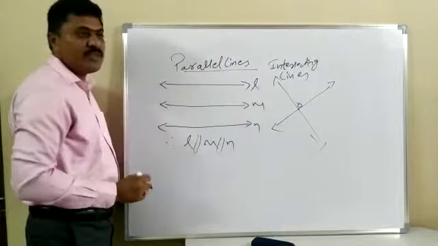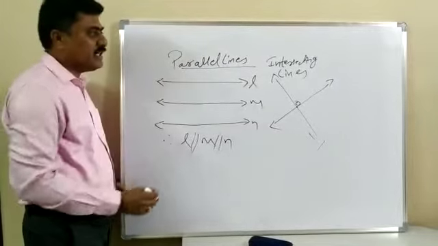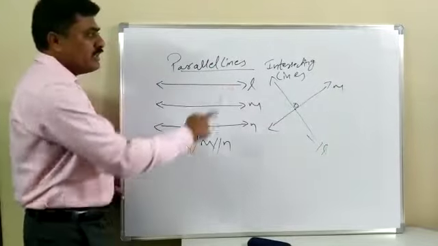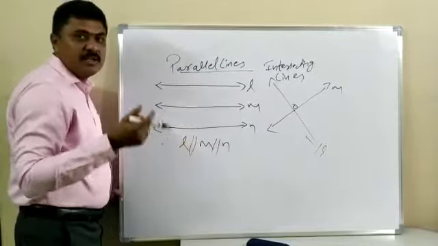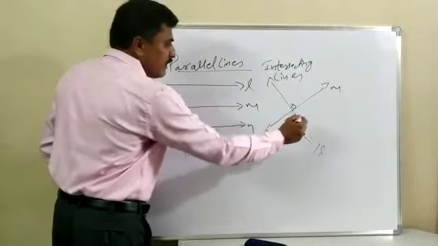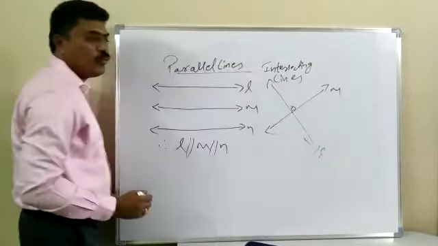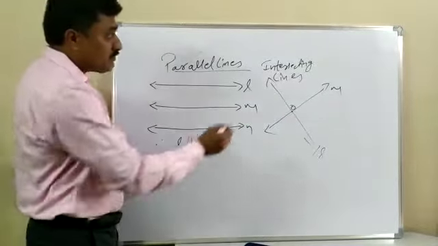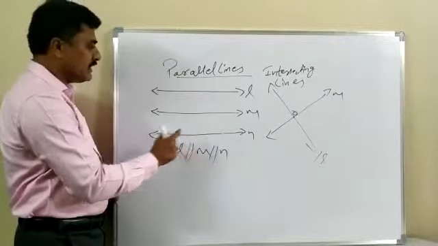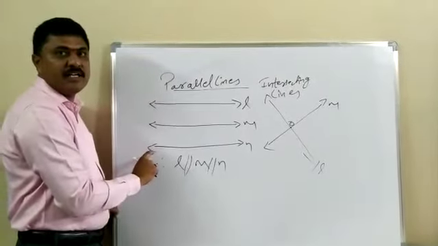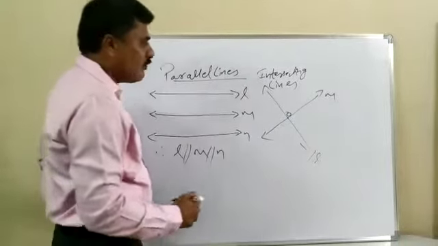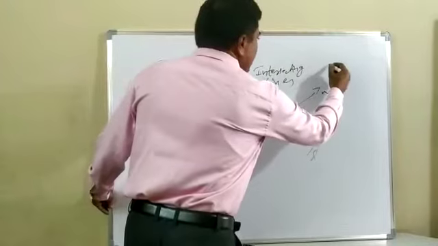That point O is called the common point for both lines. This is line L. This is line M. The definition of intersecting lines is two lines which intersect at a common point. So L and M both intersect at point O, so they are called intersecting lines. The difference from parallel lines is that those do not intersect each other, while here they intersect at a common point. One more is there, that is perpendicular lines.